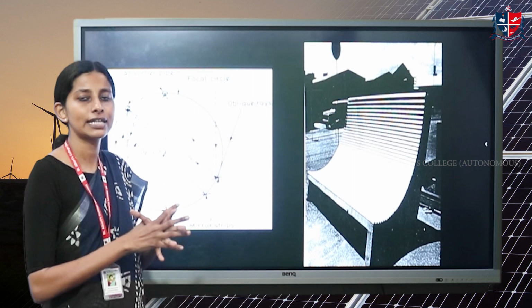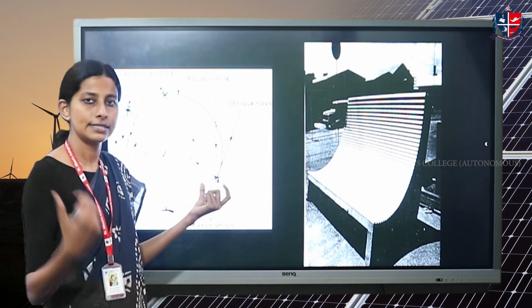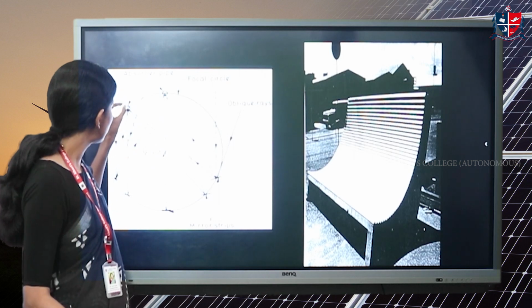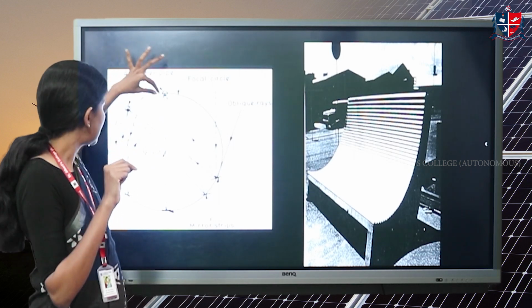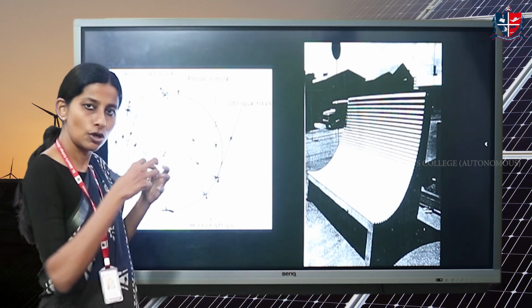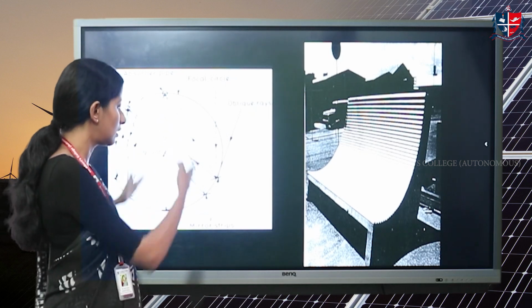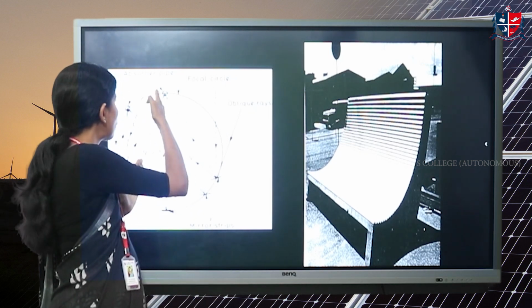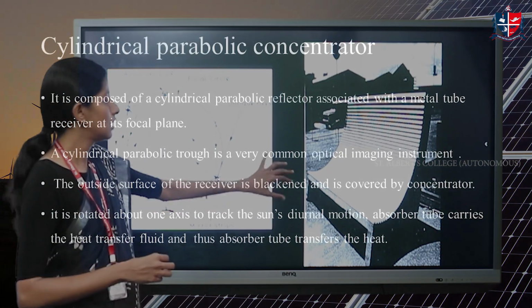Hope it is clear. It is a single axis tracking, or you can say it is a line focus. In tracking itself, it can be point focus and line focus. Here only a single axis is being tracked, hence the name line focus. So it is being focused into this line. Here when you see in the figure, it could be just a point, but understand that it's an elongated tube. The absorber is a pipe. It is a long tube. So the radiations that are being reflected from these mirror strips are focused onto this long tube. Hence the name fixed mirror strip solar concentrator.